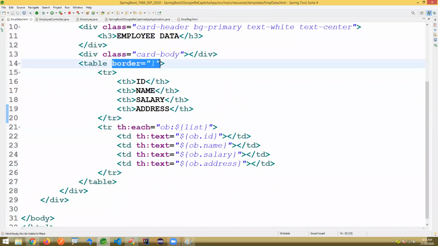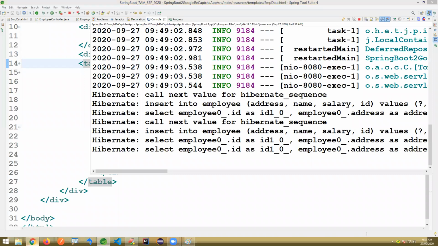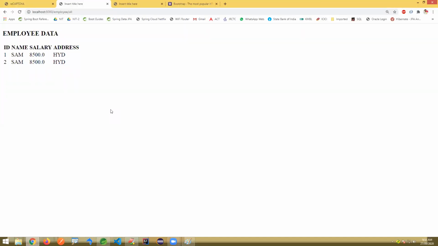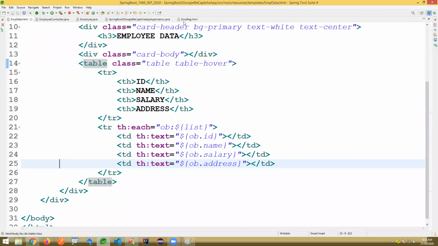There I'm writing a simple class equals to table-hover. And this CSS link we need to add.